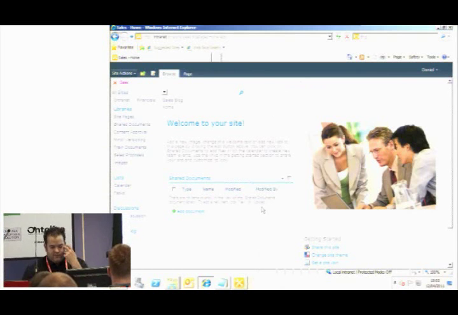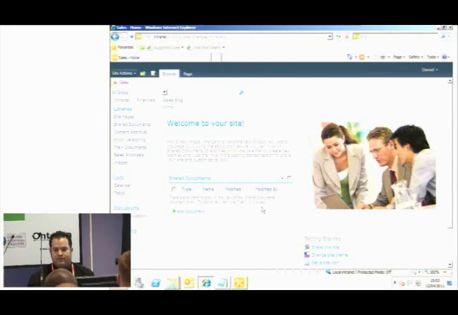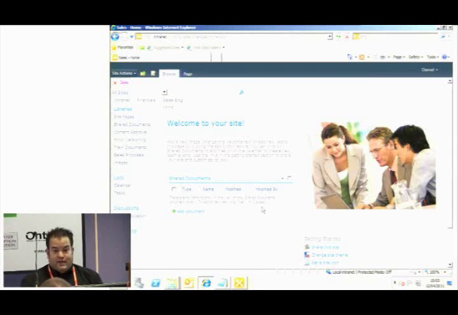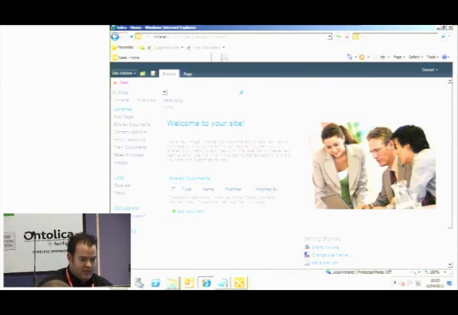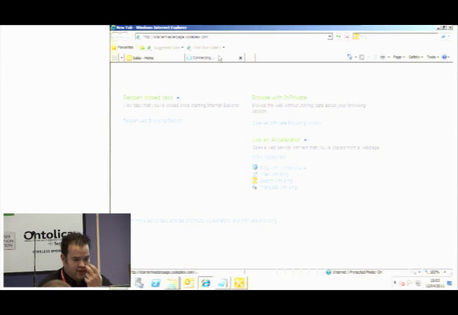Right, so first things first, you get SharePoint, you get the v4.master, which is the first thing you look at, and you think, where do I start? So a good place to start is, probably should have loaded it up first,